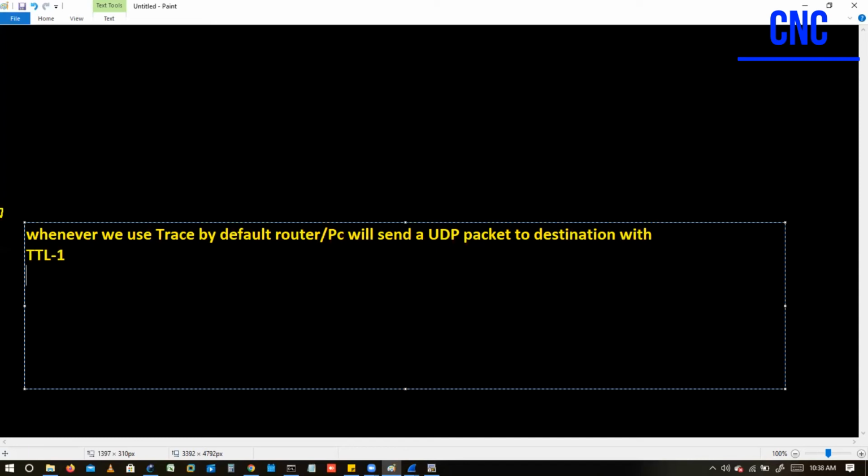So that's a UDP packet, and if that is a UDP packet, there should be some UDP port number, right? So they use a range of UDP port numbers